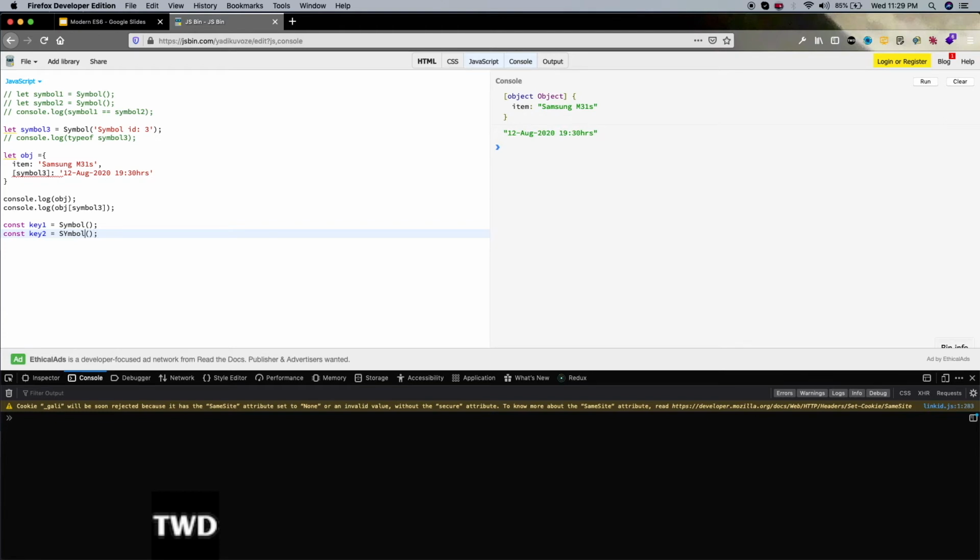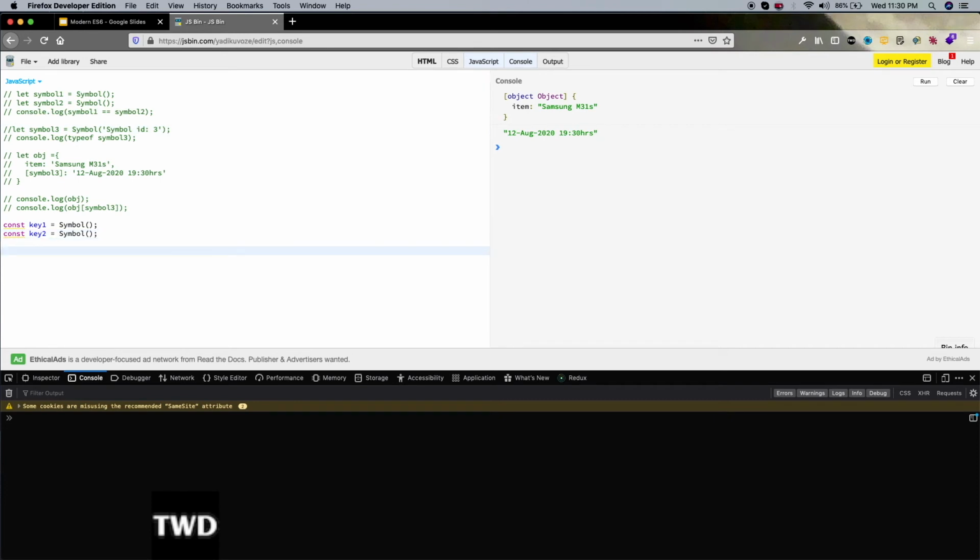I gave something wrong, the spelling should be right. Let me comment this out again. Both of them are unique, as we know from the first example.